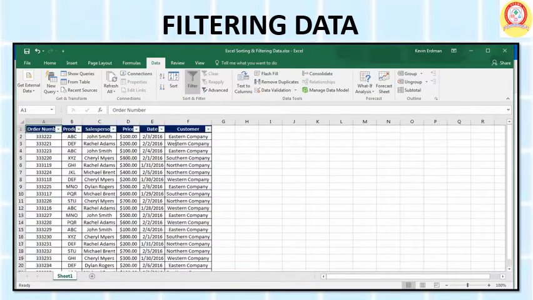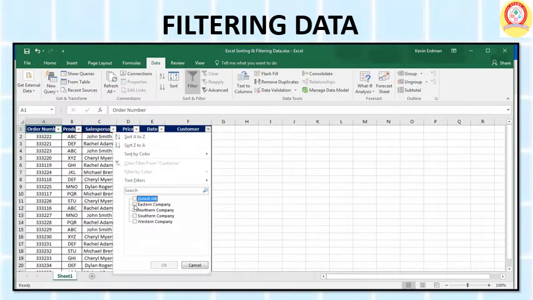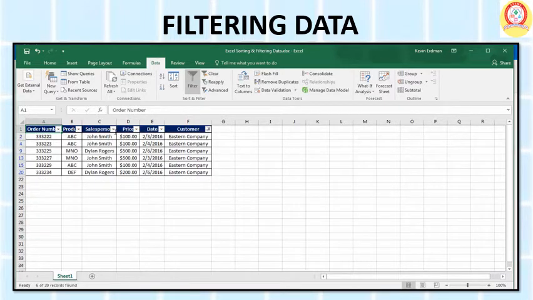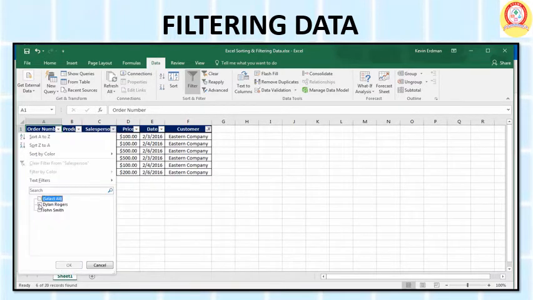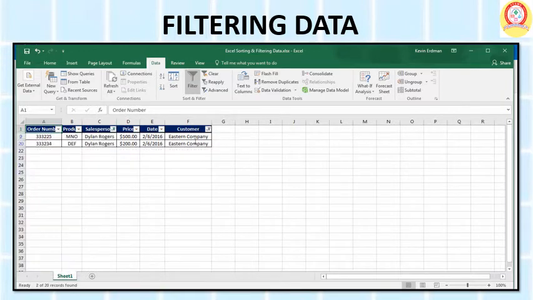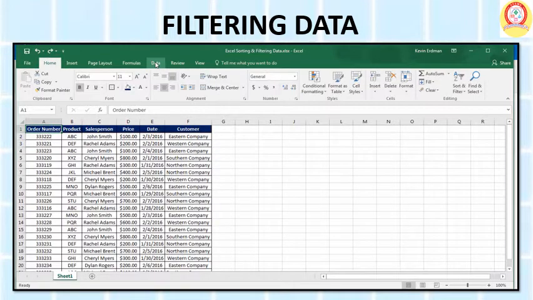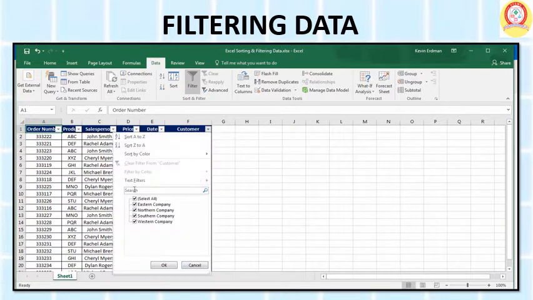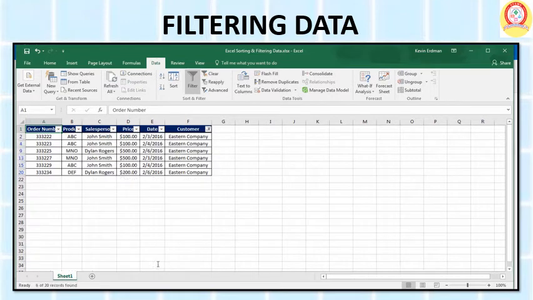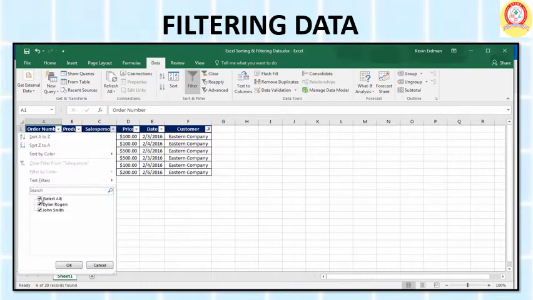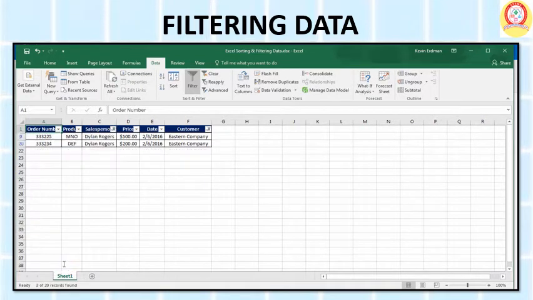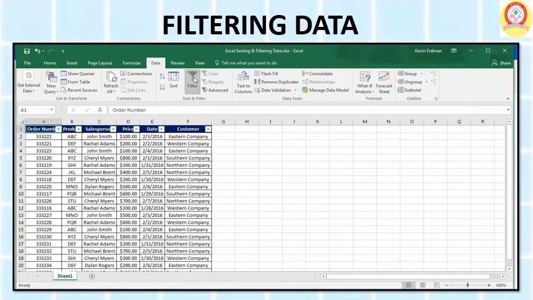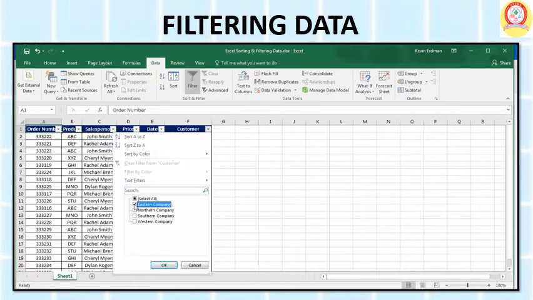Filtering data. Now children, a filtering feature selectively blocks or hides data you don't want to see. A filtered range displays only the rows or columns that meet the conditions or criteria you specify. Filtering is a quick and easy way to find and work with selected data. Unlike sorting, filtering does not rearrange data. It temporarily hides the rows or columns you don't want. You can edit, format or print the chosen range.